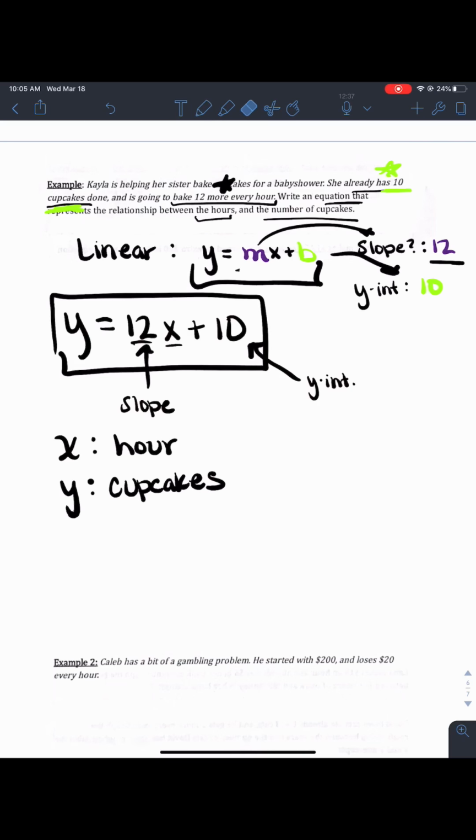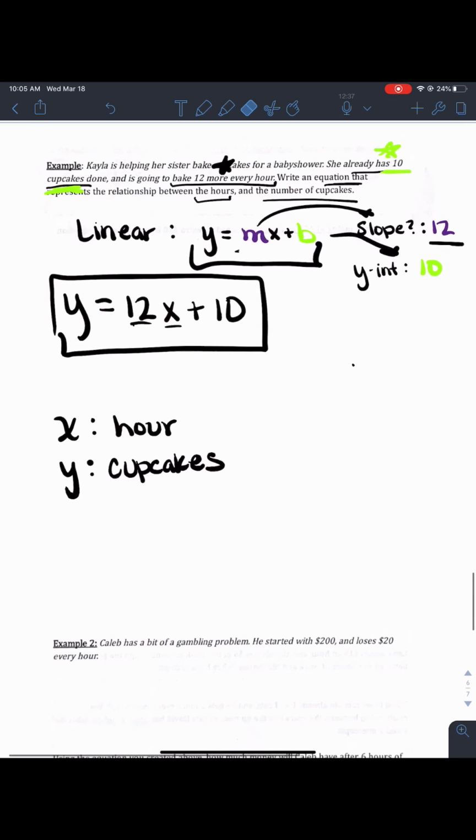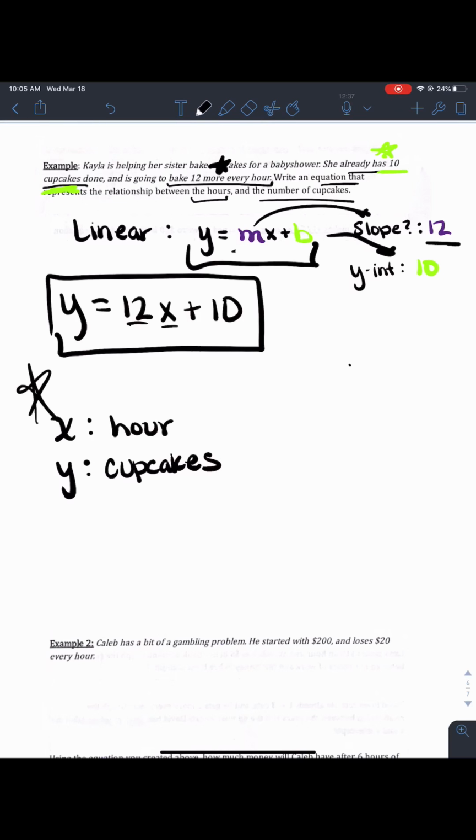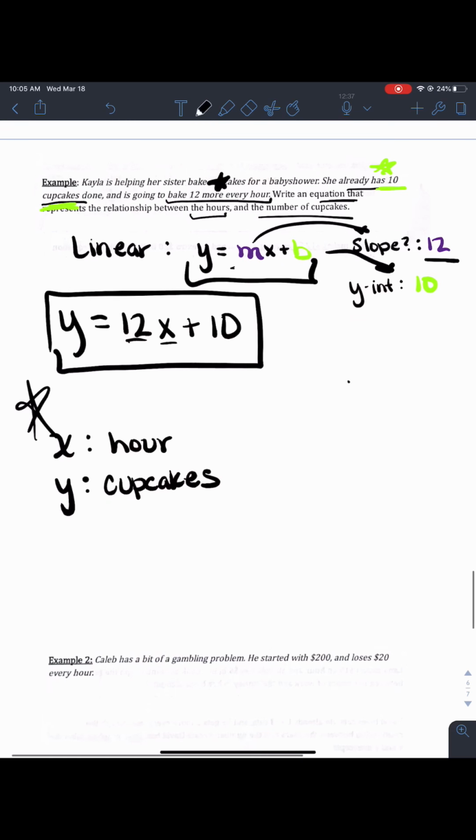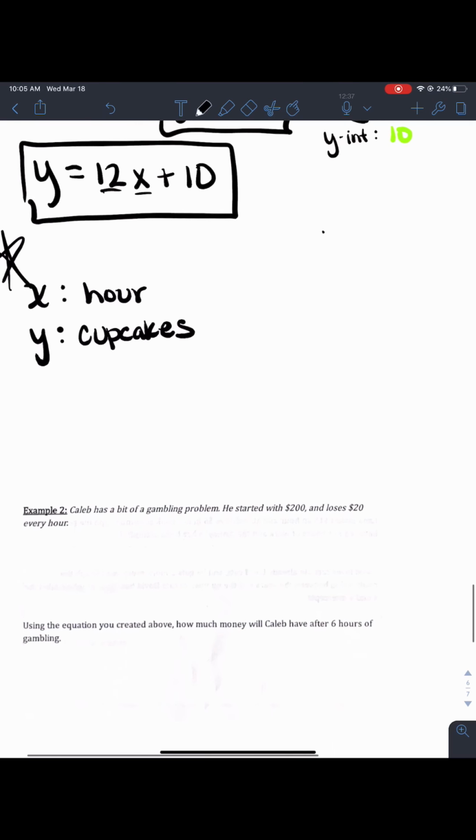Okay. So your final answer doesn't need to include these lines here. It just should have the y equals 12x plus 10, and then this section here where it's the x and the y for cupcakes and hours. Go ahead and try the next one, which is on the next slide, first, and then watch the video. So try it first, and then you can watch the video to see if you got the